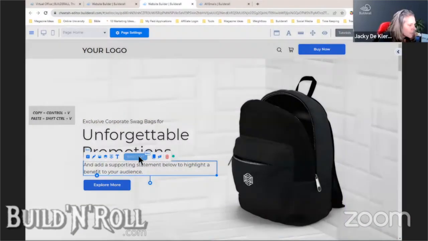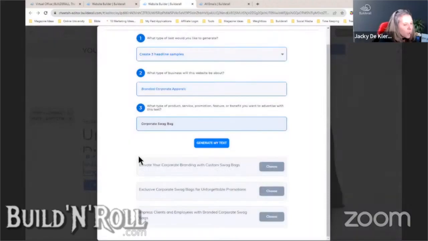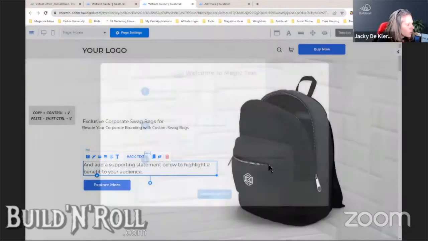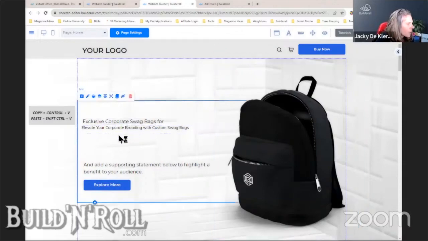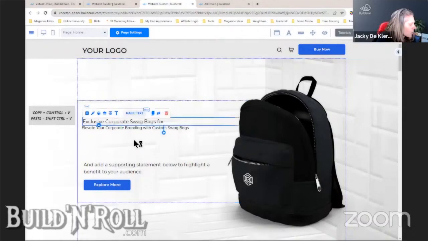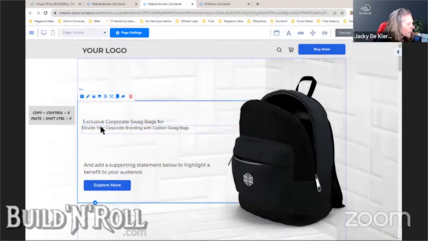Now we're going to do exactly the same. We go to magic text. So what are we going to do right now? We're going to change some of the information. Now I'm just going to click on choose so that we can show you what happens. You can see what happens if I click on choose because I wanted you to experience that. I can't edit it back now. So I'm going to show you if you have a problem like this,